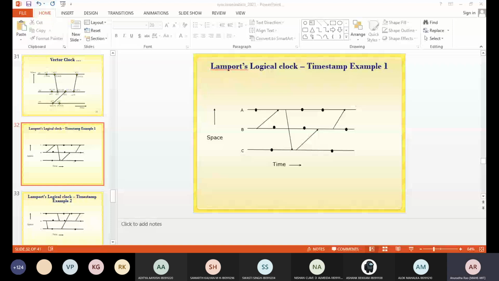I'm not able to see any response in the chat box. You just type in process A and the various events which you have taken. If you have taken it as E11, what is its timestamp? E12, what is its timestamp? Like that you can write and then send.